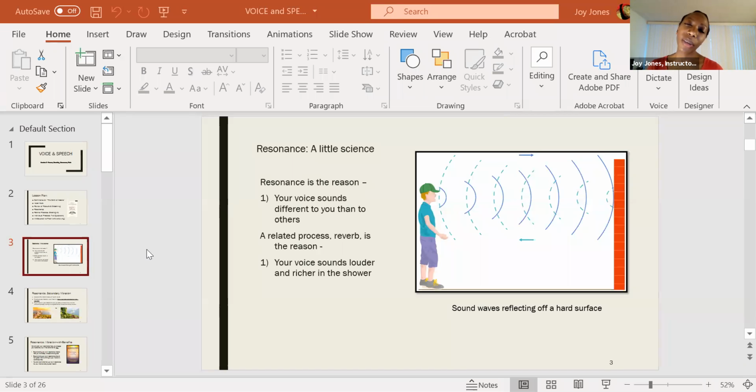Tonight we'll be revisiting resonance and then getting into pitch and inflection. The additional information I wanted to give you about resonance, as you see with the PowerPoint slide in front of you, is the background about resonance. Sound waves are energy, waves of energy. Sorry, that's a tautology, but sound is a form of energy and it bounces off of hard surfaces. It bounces most efficiently, and resonance is related to that. So that was the first thing I wanted to tell you.